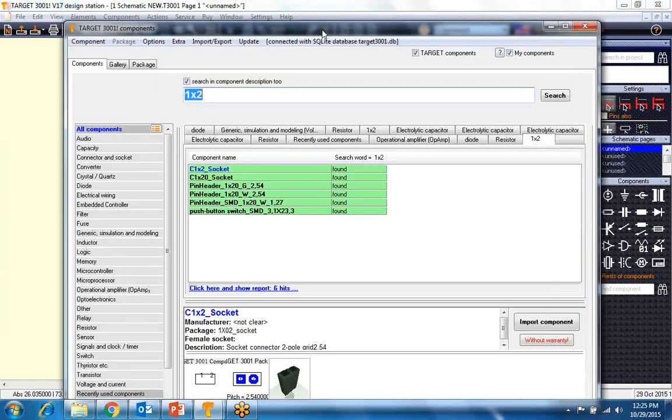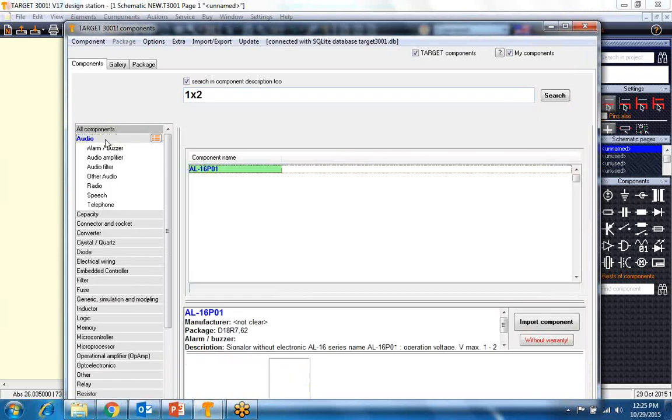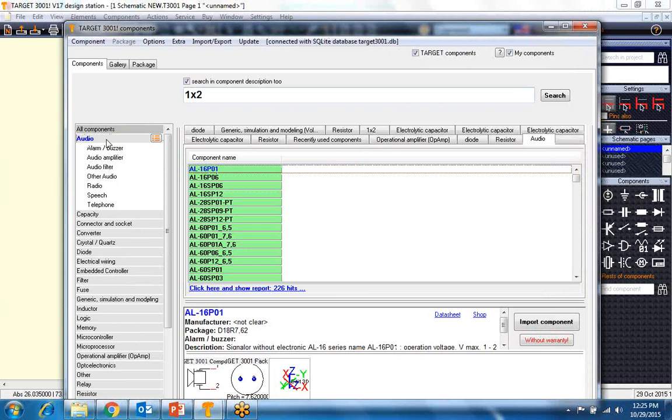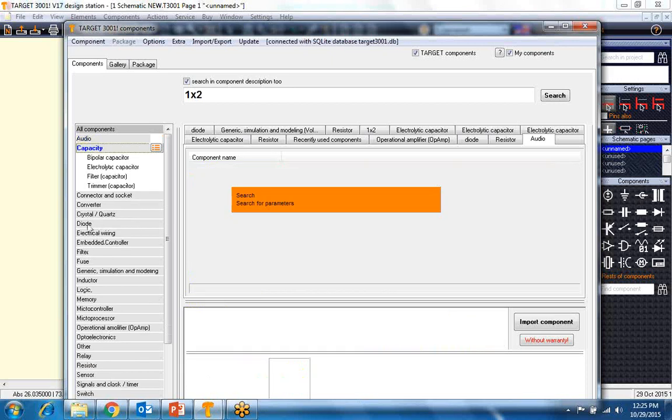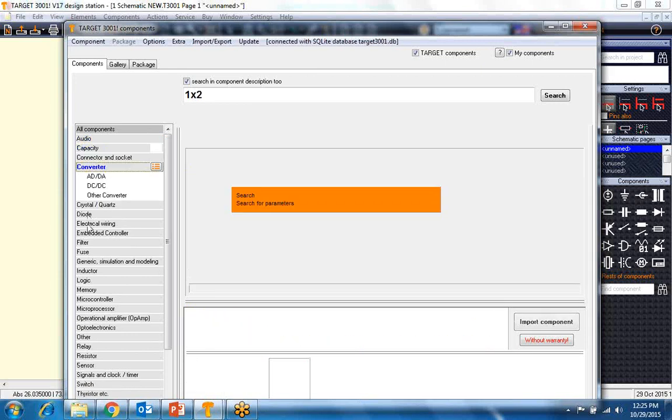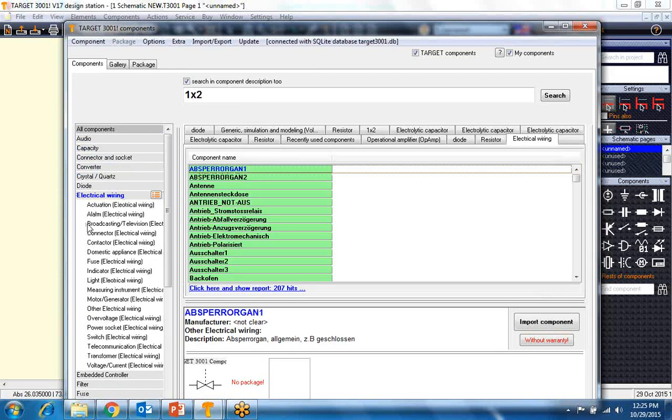This is the component browser, in which you have all the components available. Like you must be seeing, audio, capacitor, connector, converter, diodes are there. When you click on any of the components,